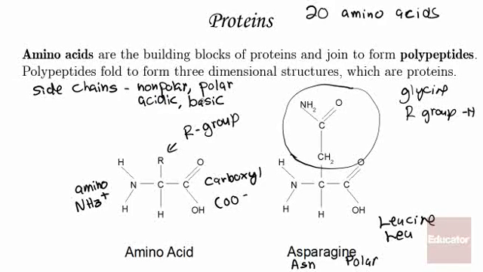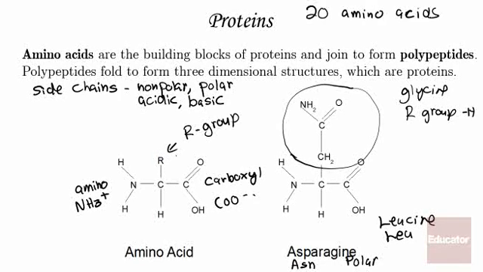Acidic and basic are a little bit more complicated. When we talk about acidic or basic amino acids, we're not talking about the amino group here or the carboxyl group here. We're talking about the R group or the side chain. If you think about it, in solution, this is going to pick up a hydrogen ion, this is going to lose one. They're going to essentially neutralize each other. So the amino acids overall, in the different forms that they're in solution, the net is going to be that they're neutral. However, if there is a carboxyl group on the side chain,